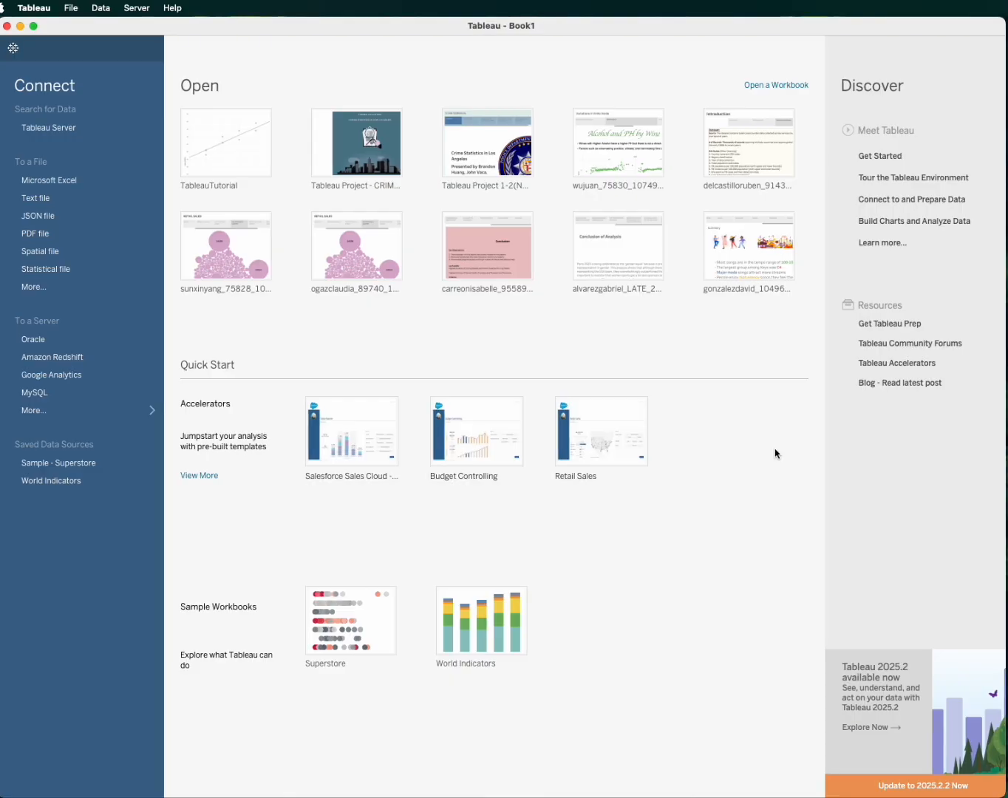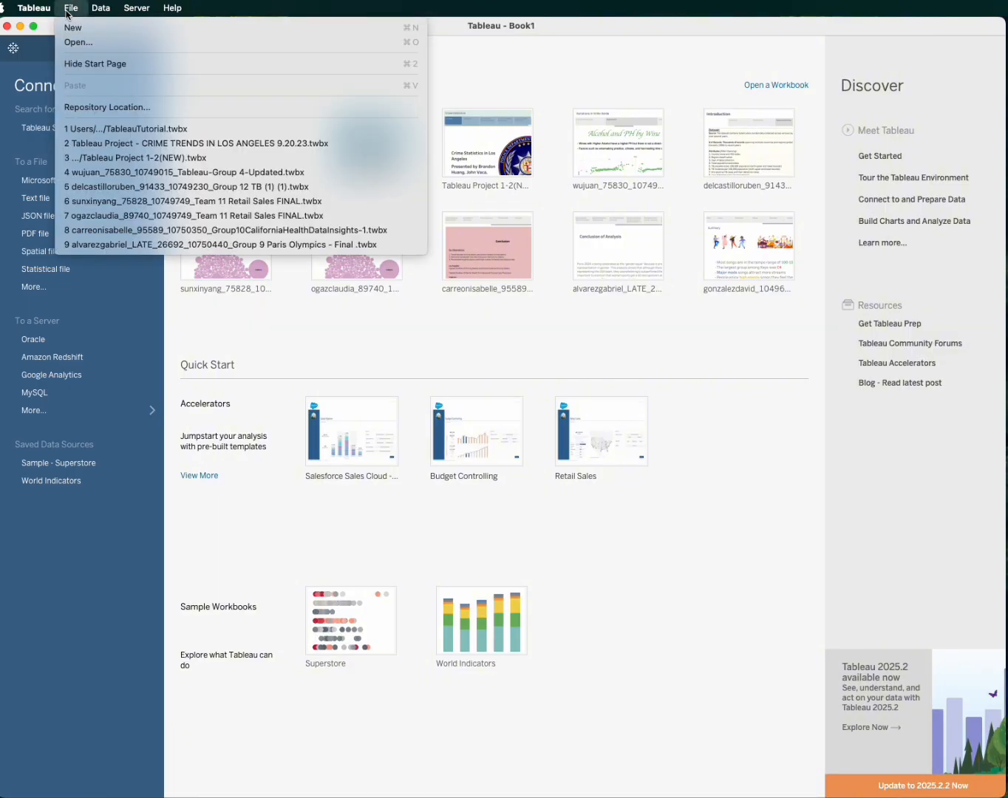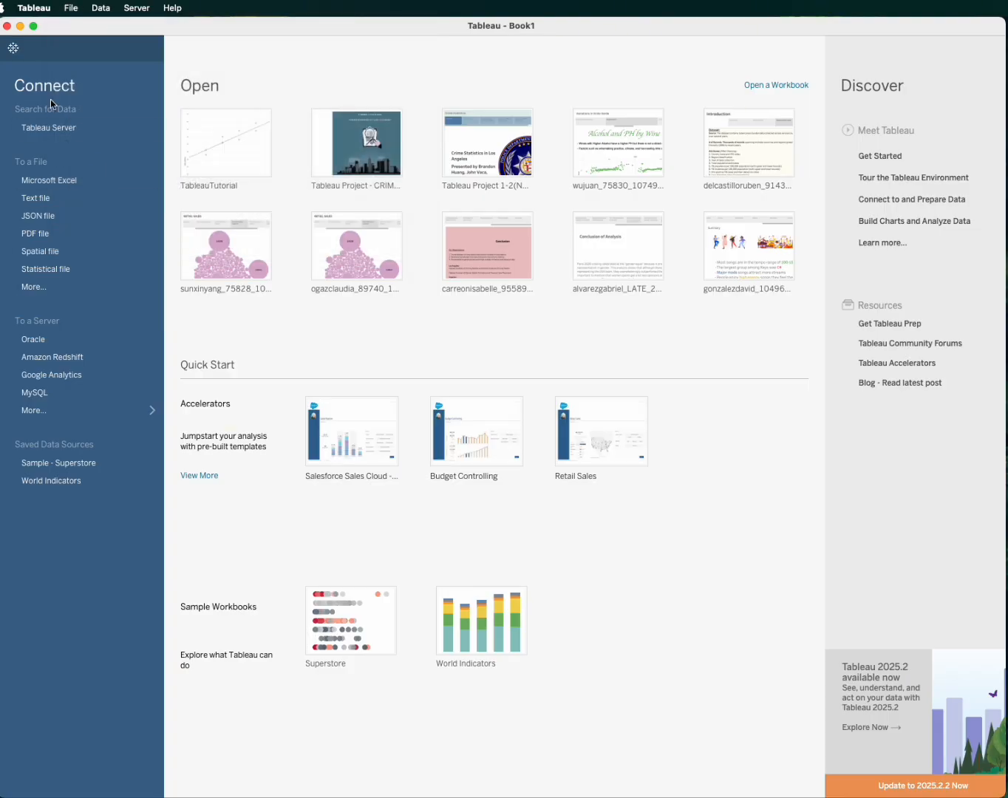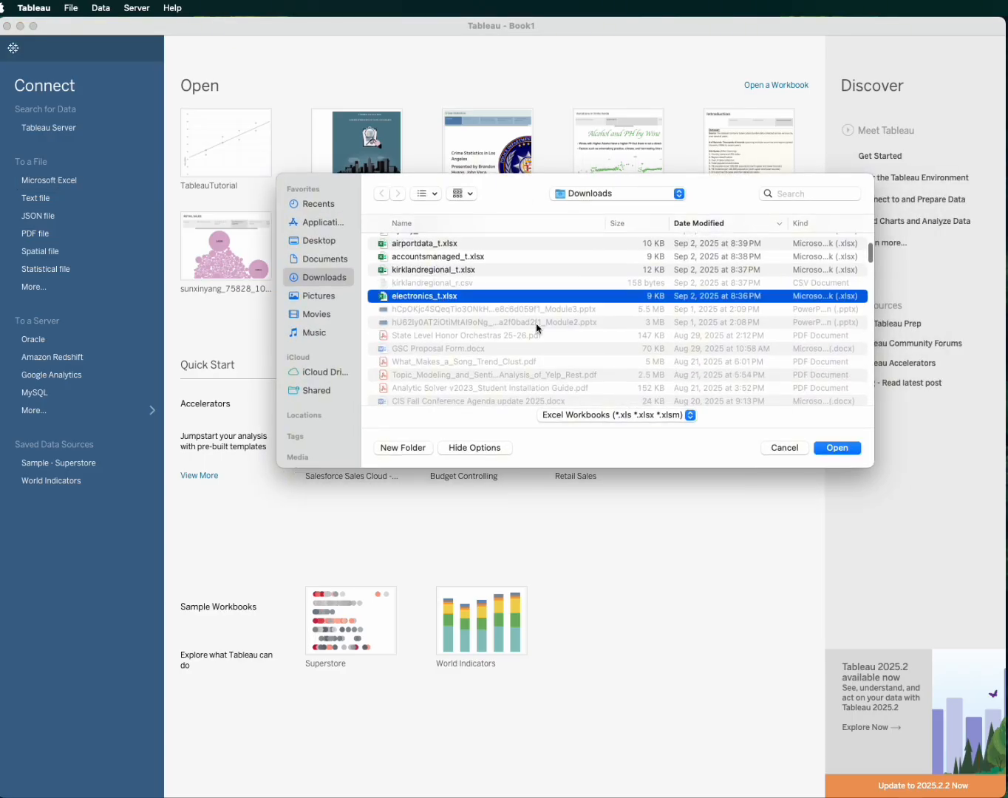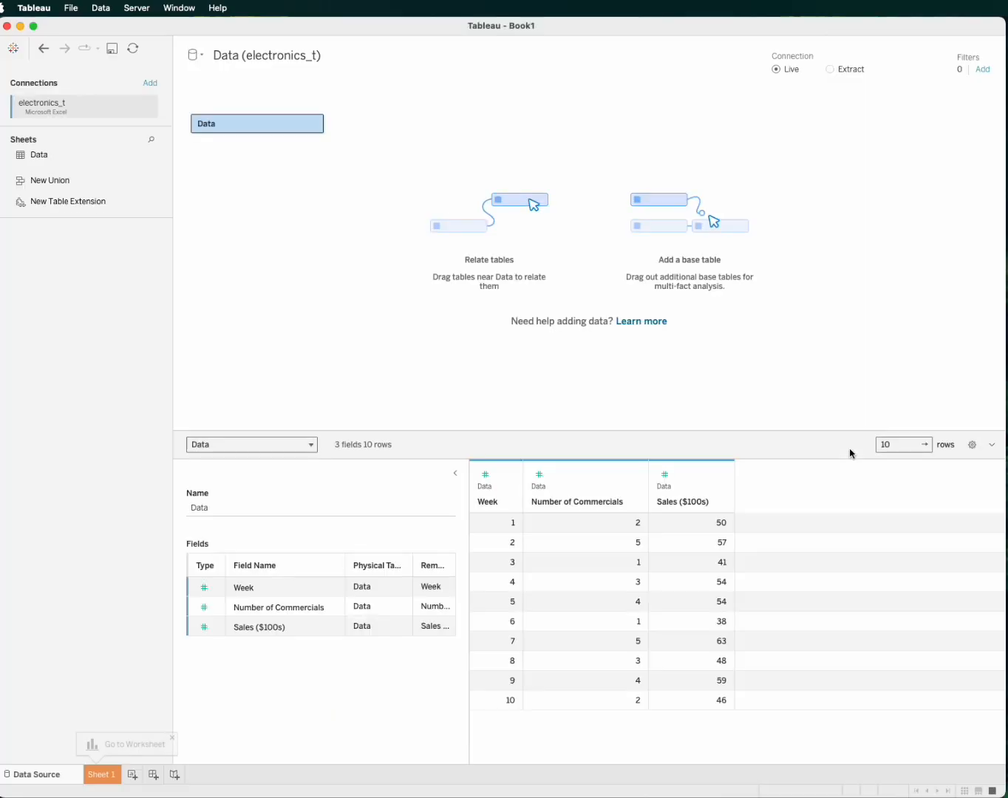To open a file in Tableau, there are multiple ways. You can click on the file in the top ribbon and open. Or if you know the type of file you're going to open, you can find it from the connect section. So for example, if I were to open a Microsoft Excel file, I can click Microsoft Excel, and then from the pop-up window, select the specific file I want to open. So this is a data file, containing data on the number of commercials run and the sales for an electronic